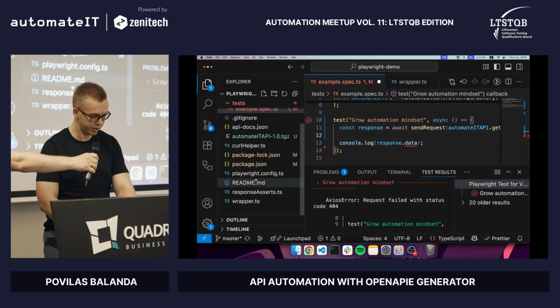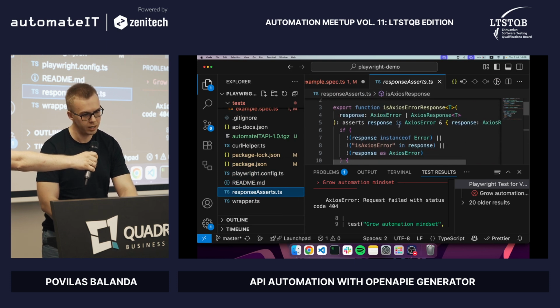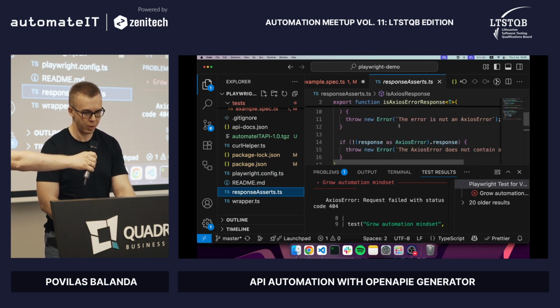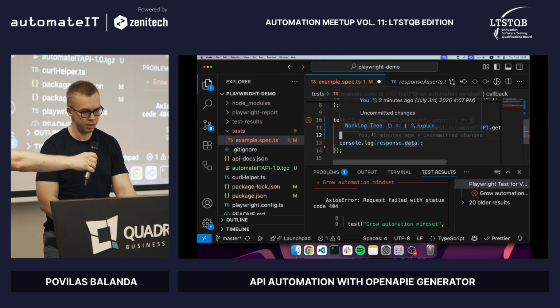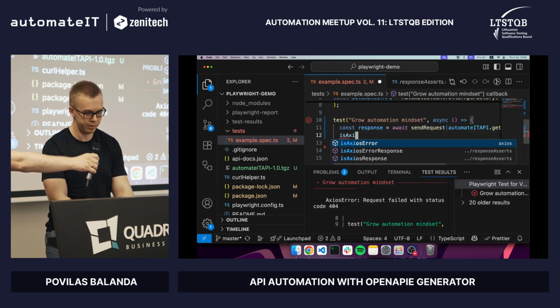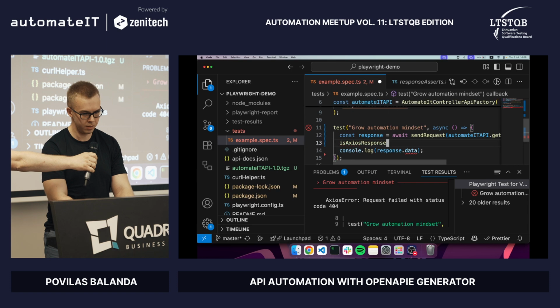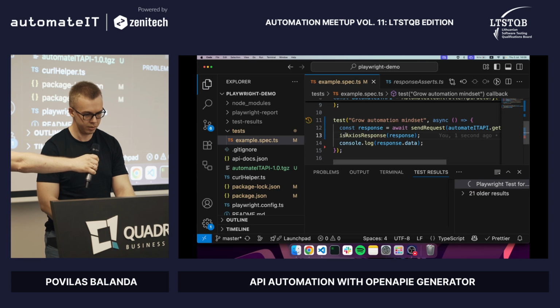There are a couple of functions written in asserts. This is just some TypeScript checking, TypeScript asserting whether the response that you received is an error or an actual response. So we need to check if it's a positive test. You would use isAxiosResponse, pass in the response, and then you see the error is gone, and then we can run our test